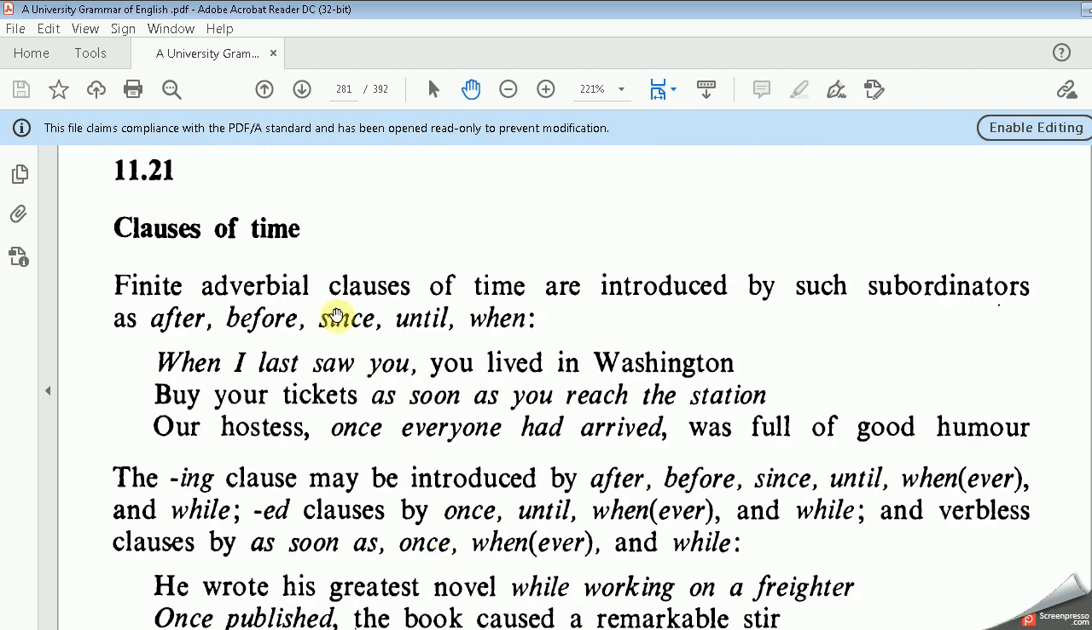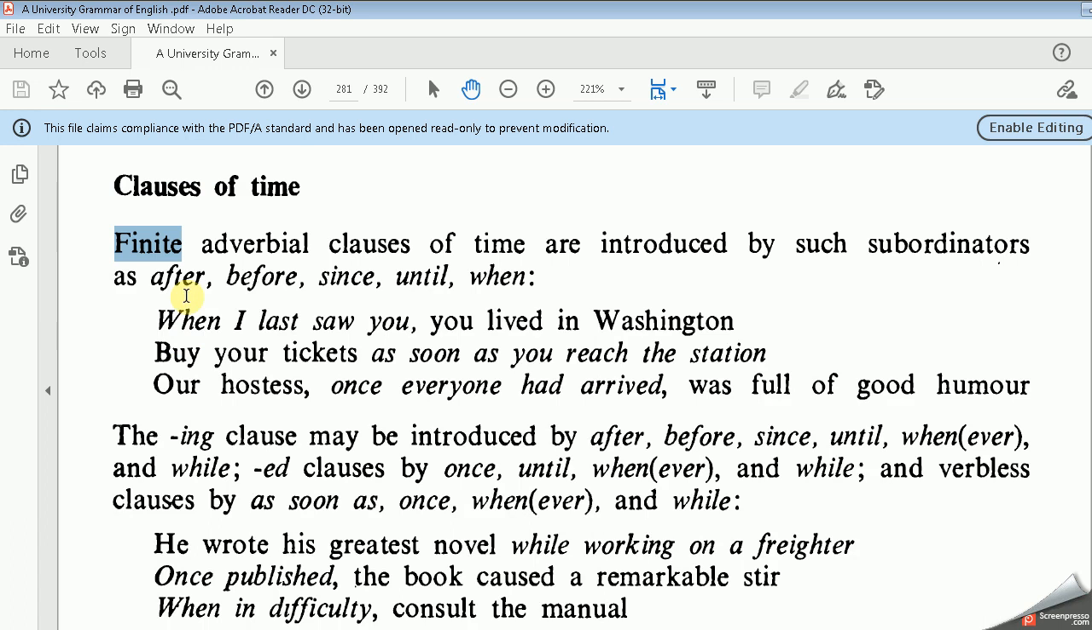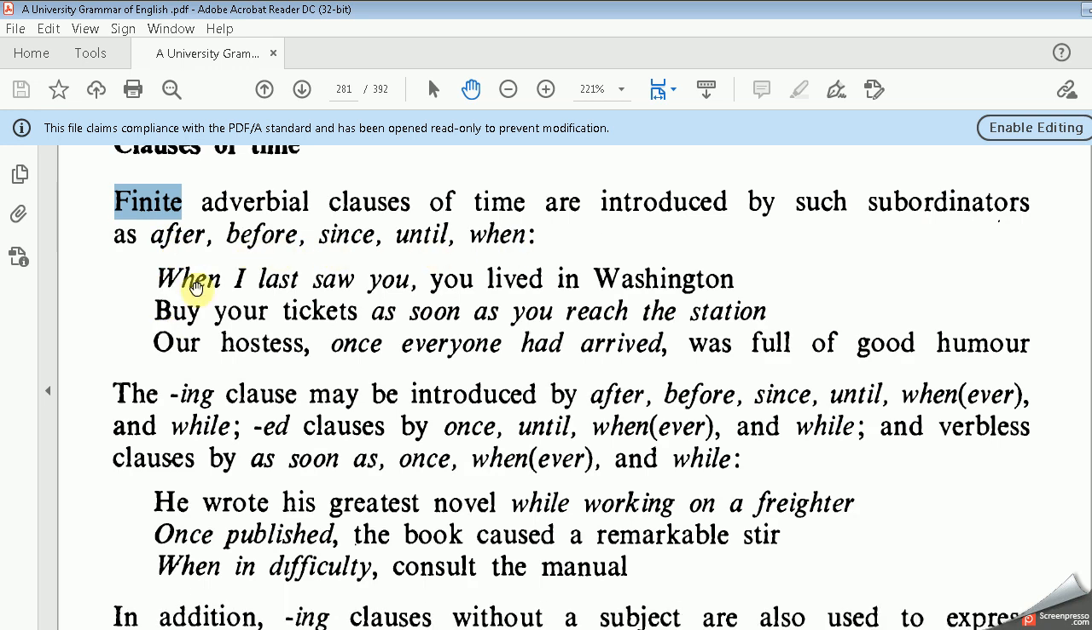Finite adverbial clauses of time are introduced by subordinators such as after, before, since, until, and when. He mentions finite here because it indicates time, and we know that finite clauses have indicators of time. So such clauses come after the different subordinators such as after, before, since, until, and when, such as